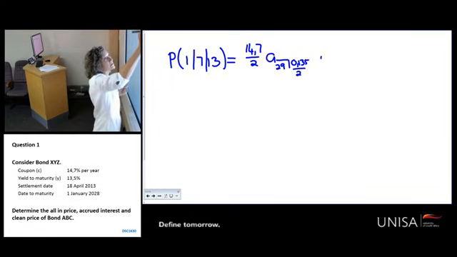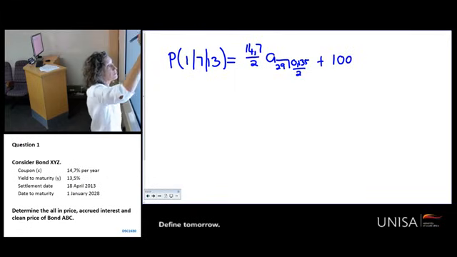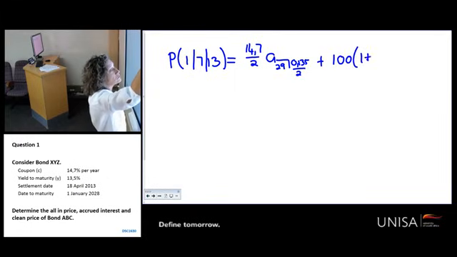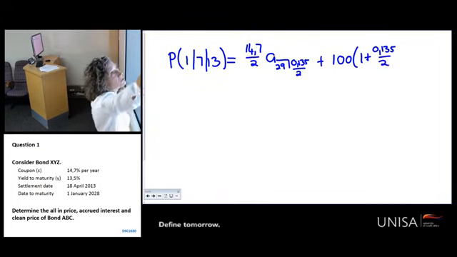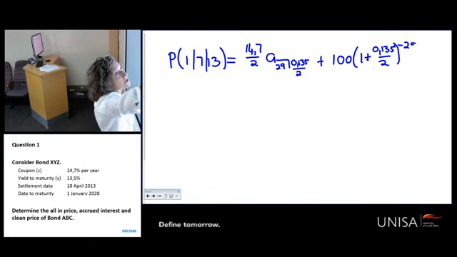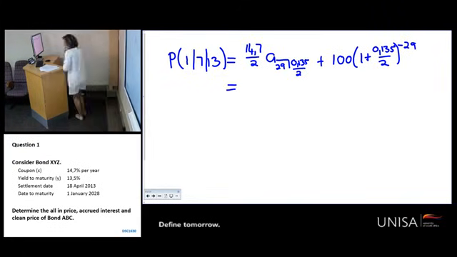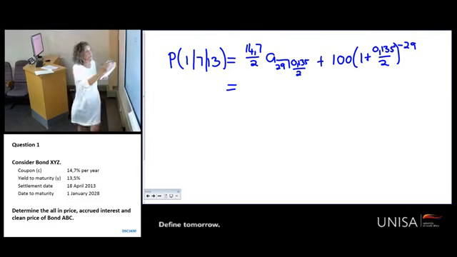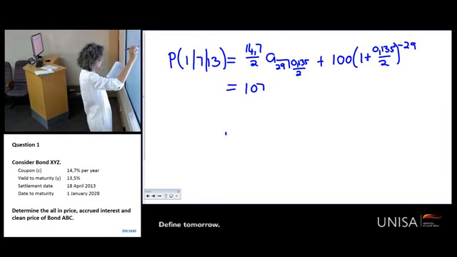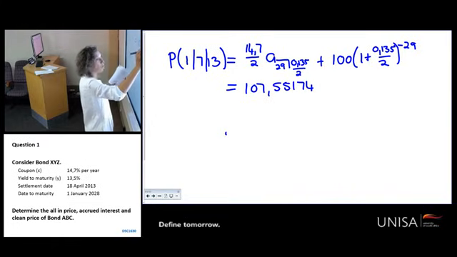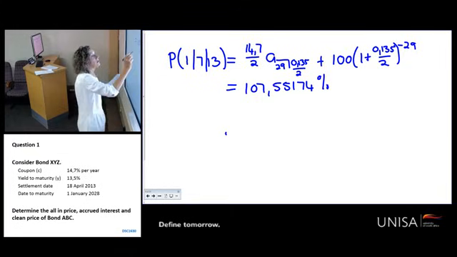Plus the 100 Rand that's got to move back, so we divide by (1 + 0,135 divided by 2) to the power of minus 29. Okay, that gives you the price of